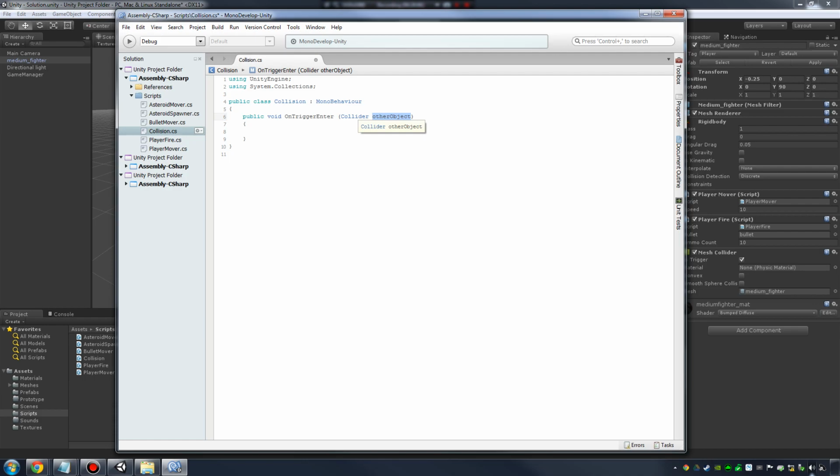So the function is really smart in that it just uses a blanket flexible other object variable here that can one second be the player, another second be the asteroid, and it all depends on what our asteroid is colliding with. So for the actual code for this, within my onTriggerEnter function here, and this function just tests for whether or not